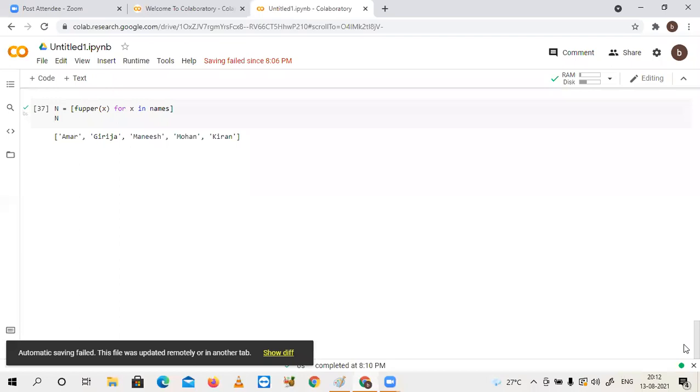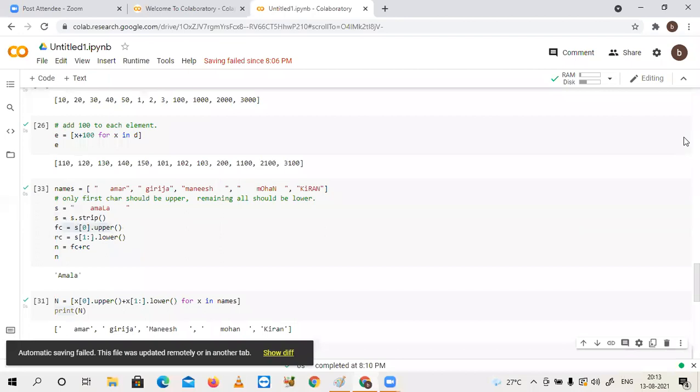What is the difference between trim and strip? Trim is generally the name in other languages; here, in Python, that is strip. If we need to apply only L trim or R trim, what is the equivalent in Python? Just search in Google. There are so many predefined functions. Left strip and right strip: lstrip and rstrip.